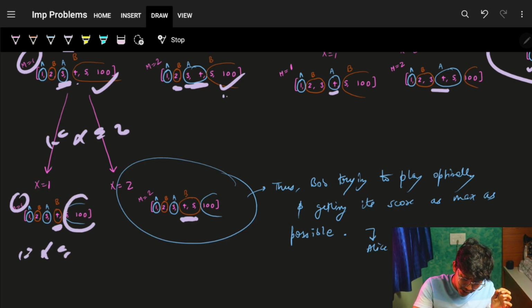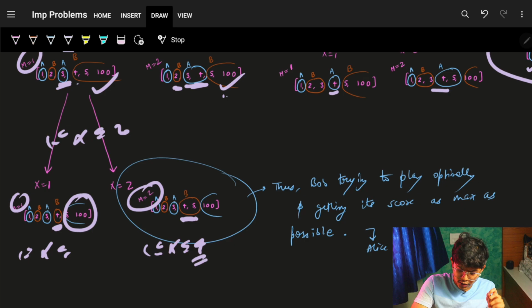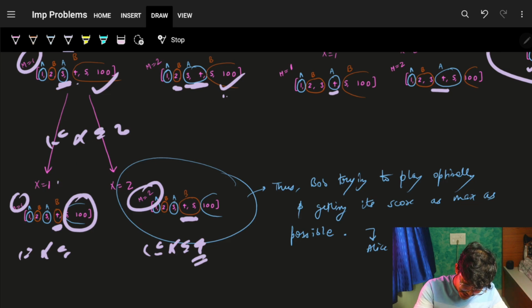So Alice will try to take the whole remaining part. Now for this M is 2, so X is from 1 to 4. But no worries, for 1 to 4 Alice will still try to take all the remaining part. Now we will go back and see by this step,